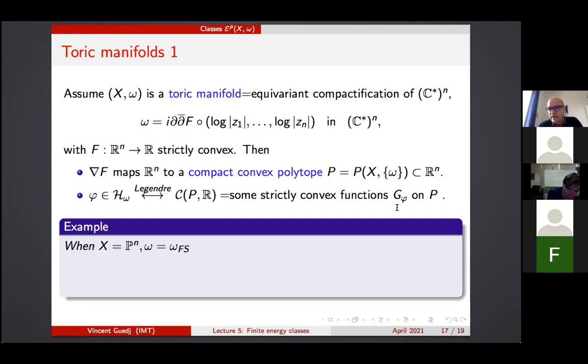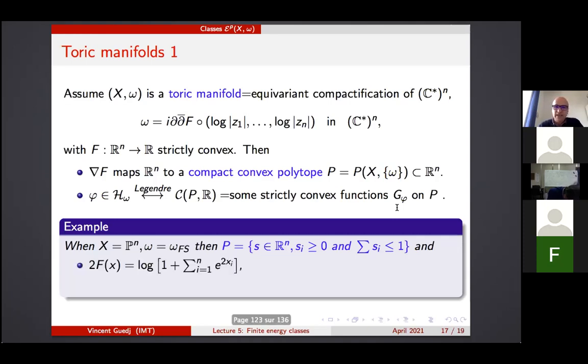If you pick X is P^n, omega is Fubini-Study, this is an example of a toric manifold, then the corresponding polytope is the simplex, or you can normalize it to be the simplex, so a set of s in R^n with every coordinate non-negative, and the sum of the coordinates less than 1. And the convex potential f of Fubini-Study is exactly 1/2 of the logarithm of 1 plus the sum of the e to the